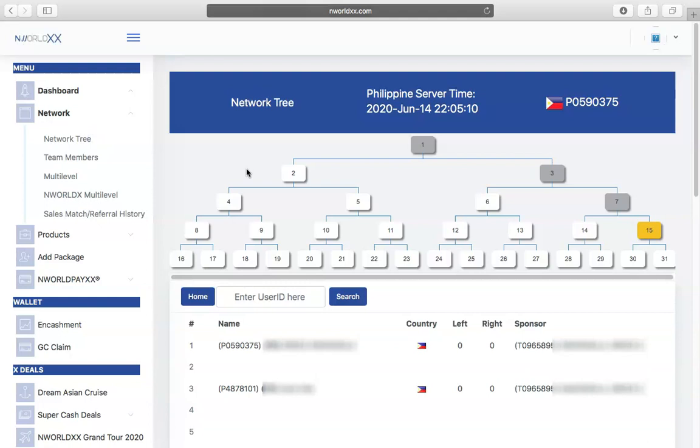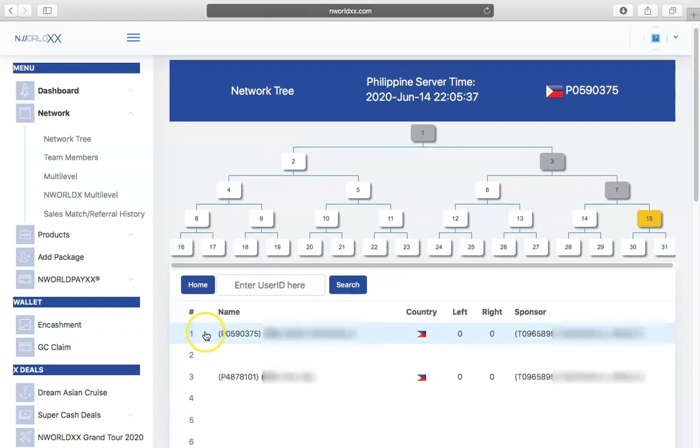You can find here, of course, the structure of your NworldXX organization. There will be labels, like the numbering of the positioning of your members. One means that's your account, then the next are the other accounts. And if you want to know who is that particular person on that particular position, you can just find